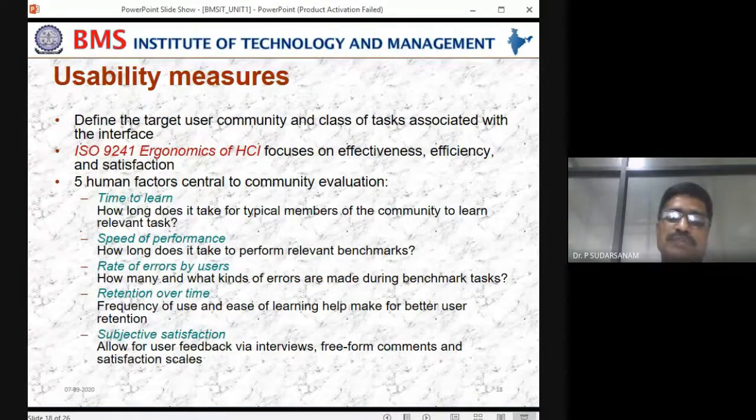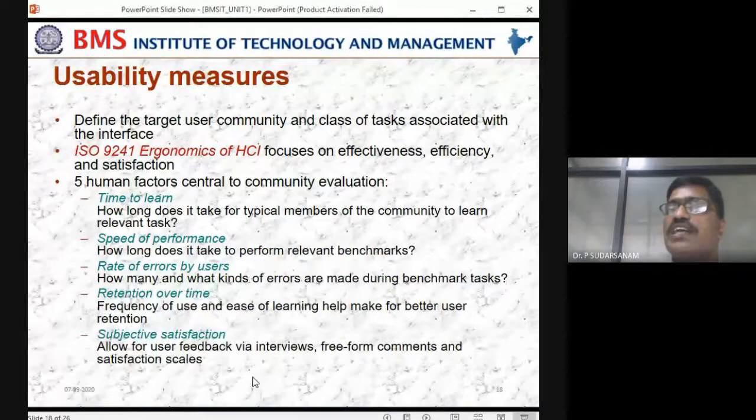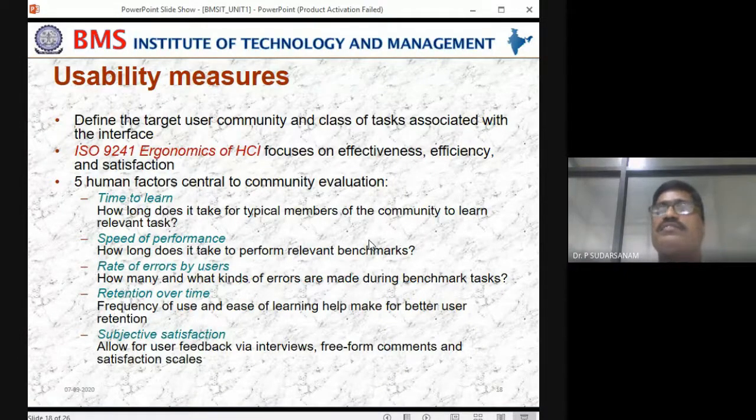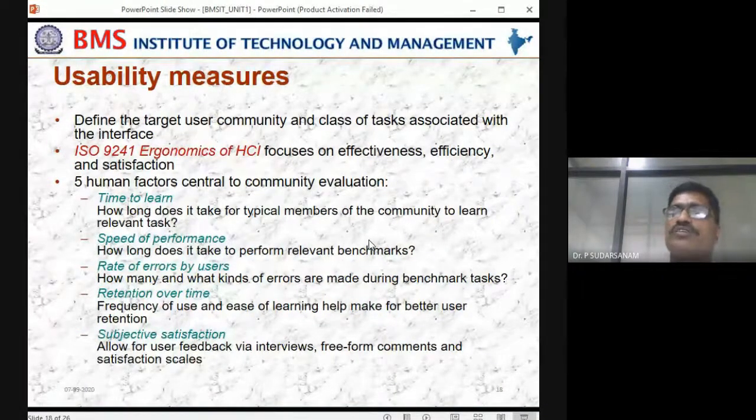Allow the users' feedback via interviews, free comments, and satisfaction scales. These are also important. Nowadays, when we conduct workshops or after taking classes, we ask what the feedback on the particular teacher is. Why is a feedback system required? If anything goes wrong, it helps to rectify the errors.